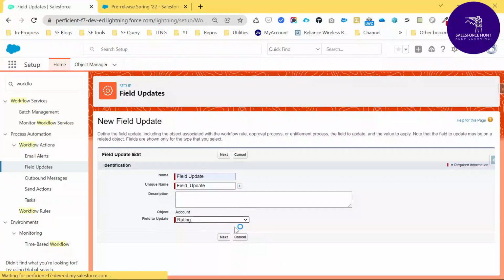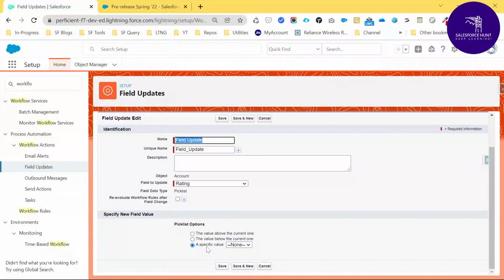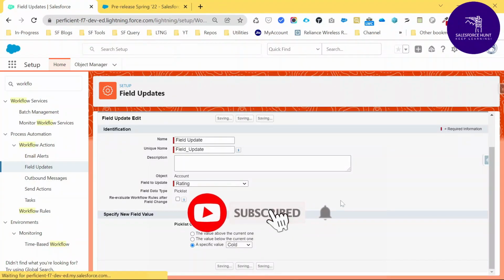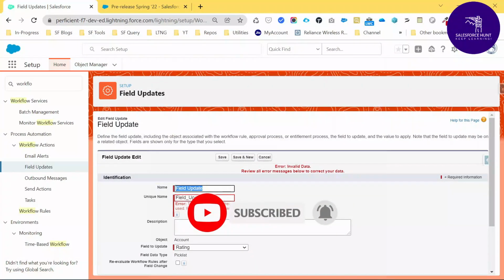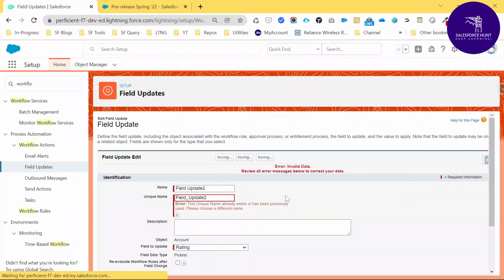Here you can see Rating is a picklist, and I want to set this picklist value whenever any record is created under this object, that is, Account. Okay, just click on Save, and it's a unique name, so let me add a 2 here and save it.